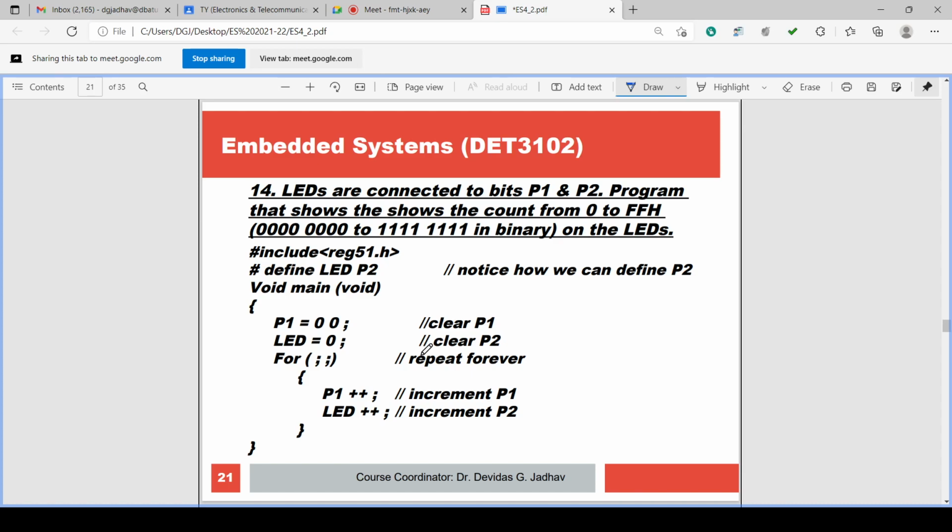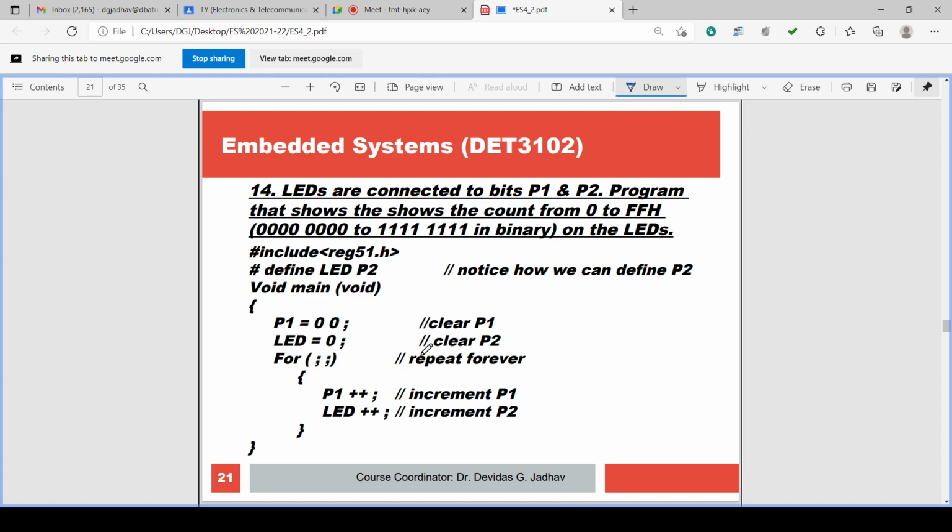Then the last two LEDs are glowing, 0000 0011, that is 03. In this way the third LED is glowing, 0000 0100, 0000 0101, 0000 0110, 0000 0111, then 0000 1000 and so on. It continues till 1111 1111.